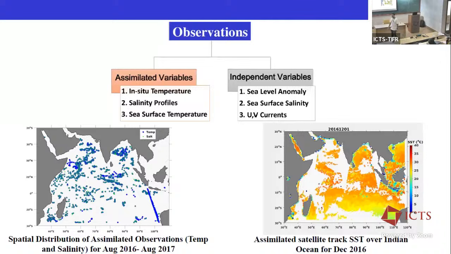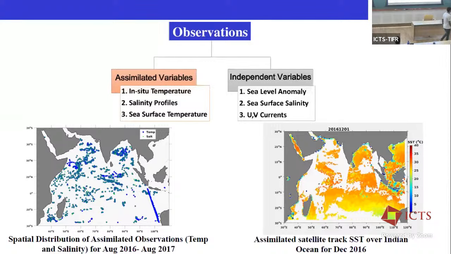Argo, I told you, pops up every 10 days. But you have to understand that some Argos pop up on January 1, and a different set of Argos pop up on January 2. The one that popped up on January 1 will again pop up on January 11. So all of them do not pop up synchronously. Each Argo has a 10-day cycle, but each Argo is initialized on different days. So each day you have profiles from some Argos. Is it clear?